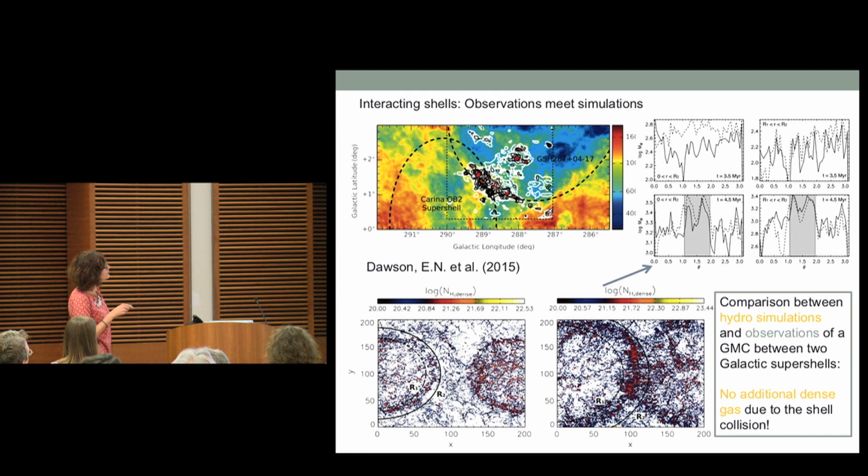So as a function of angle around here, you see the amount of cold gas. And this is a hole in the middle, where you can see the two components of the cold gas coming from the shells, and they collide in the middle, and you have, at best, the addition of these two components. You do not form any additional cold gas. So this could go in the direction of this theory where you need multiple compressions in order to form a molecular cloud. And we're starting to look into this, like driving this collision in a multi-phase medium.